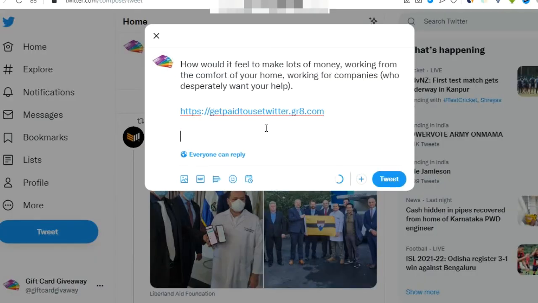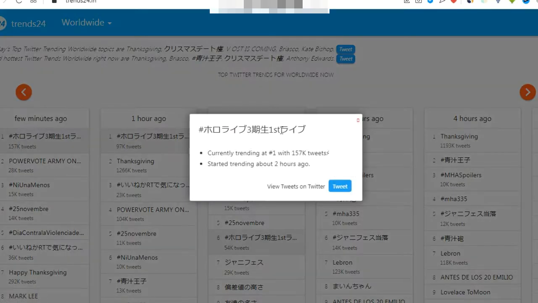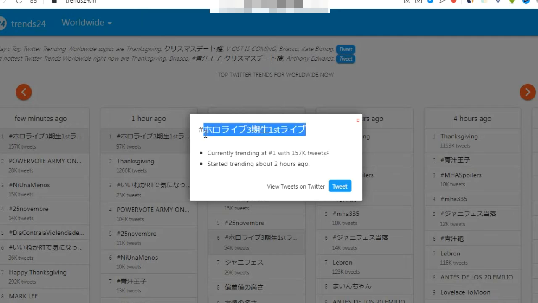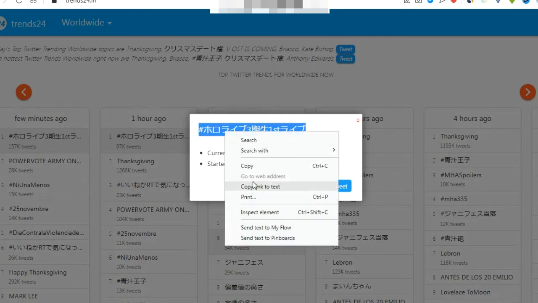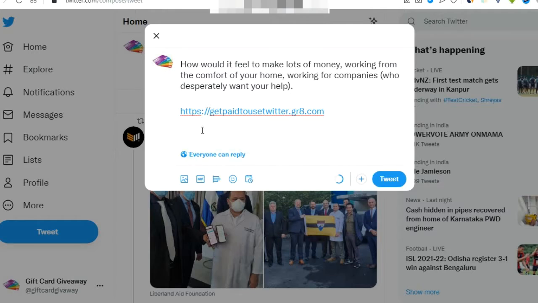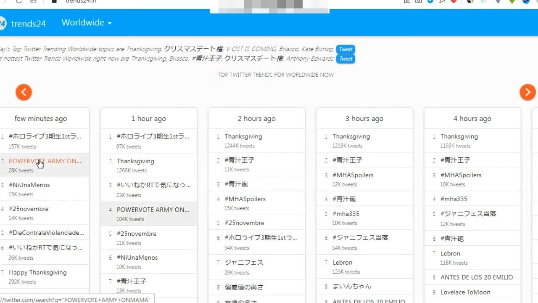paste, and then just paste it over here again.